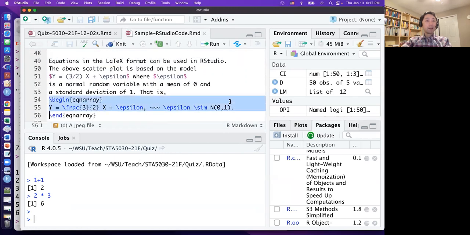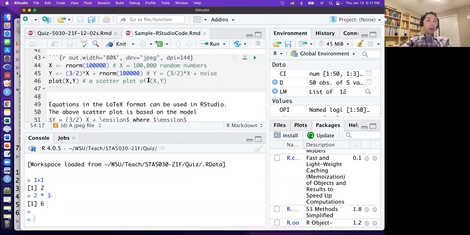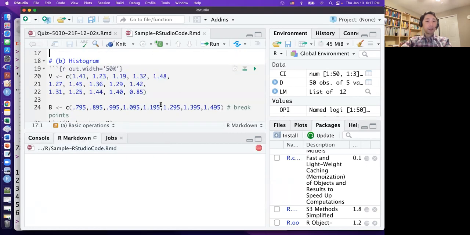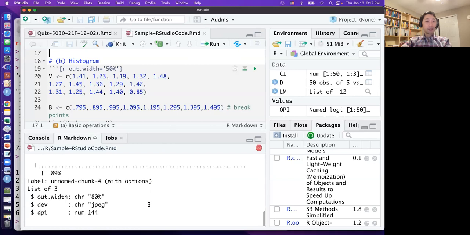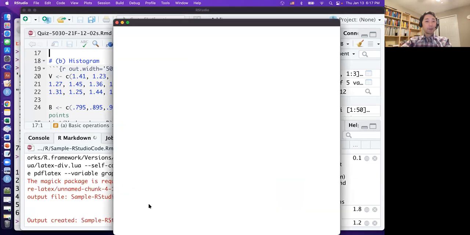Explanation like this. I use the LaTeX format to write some sentences. So 3/2, there I typed backslash frac, 3/2. And if you want to make a PDF file from this, then you can type the init, then it takes some time, but it runs, then finally you get some PDF file